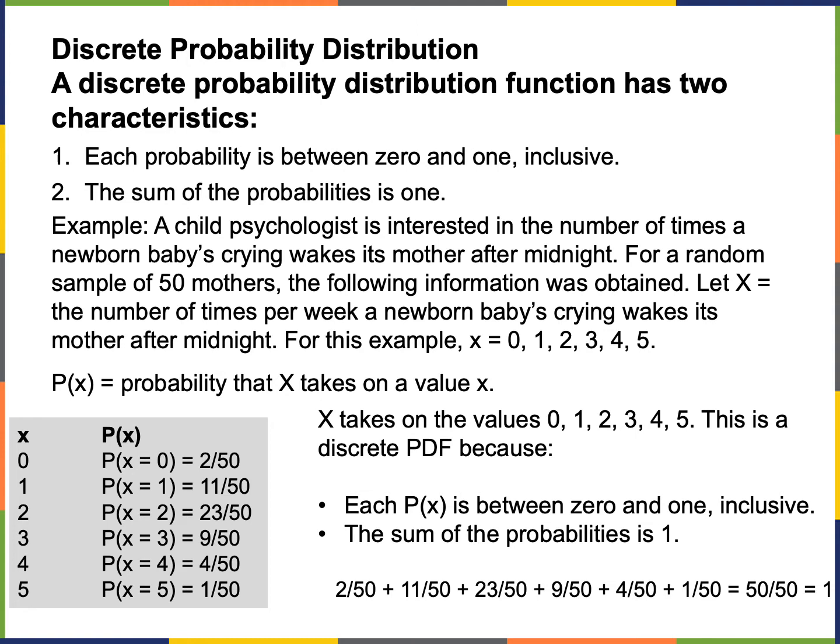Let's suppose P of X is the probability that this could take on some value, 0, 1, 2, 3, 4, or 5. Okay, so look at this. What is this saying? Out of the 50 mothers, the probability of them being woken up 0 times, that's 2 out of 50. So 2 mothers out of the 50 slept very well that week. This number doesn't mean the mothers, this means the number of times they were woken up. So 11 out of 50 mothers were awoken, oh geez,